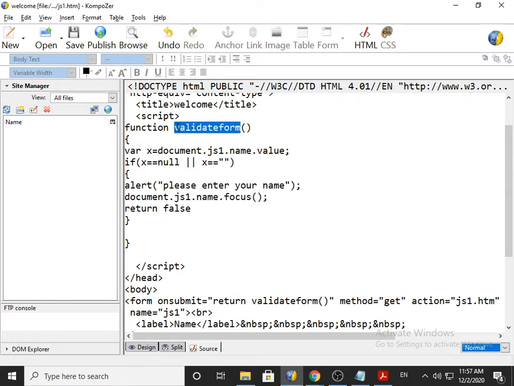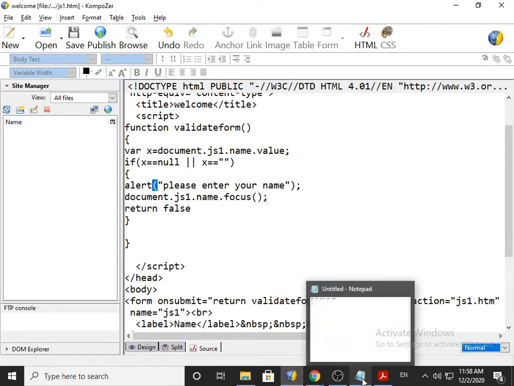I can write here XYZ, no problem, because I am defining. And if you notice, focus is also a function, but it does not start with the function keyword. So it is predefined, or built-in, or inbuilt function. Same way alert also does not start with the word function, so it is inbuilt.